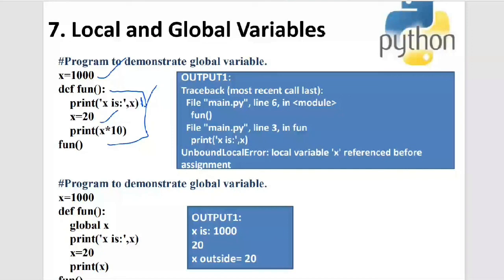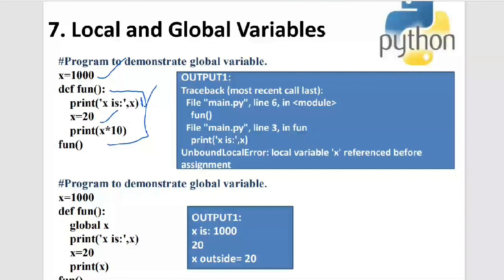So that is why, in the pre-processing, when it puts the function on the stack, it will be putting that in the local variables of this particular function. It will say that there is an x variable inside the function fun. So when your interpreter comes to execute this fun, it will see that x is already a local variable inside the fun. That is why your interpreter knows that x is already there in the fun, so it is not taking the global variable x into consideration.